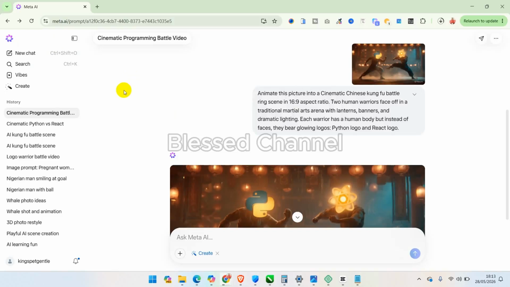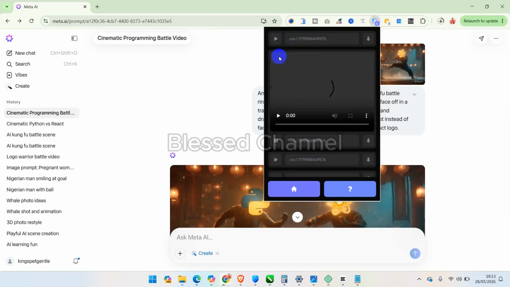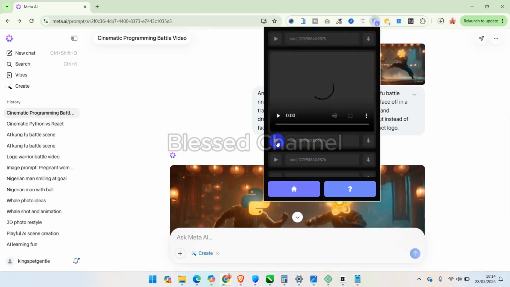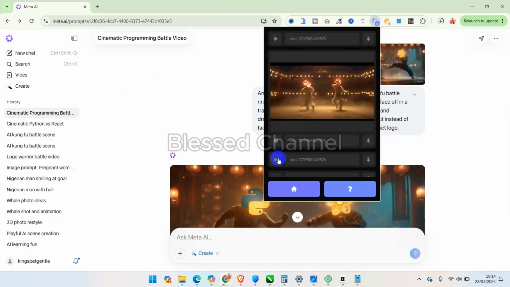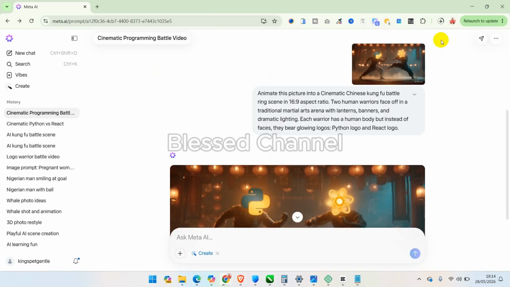I would like to know the progress. You can see from what I said, after loading everything, it now refreshed and loaded more videos for me. So that's why I said once you refresh the page, it's going to load all the videos on that particular page. That's just how this particular extension works. It's very, very good when it comes to downloading videos. It's going to download your video for you